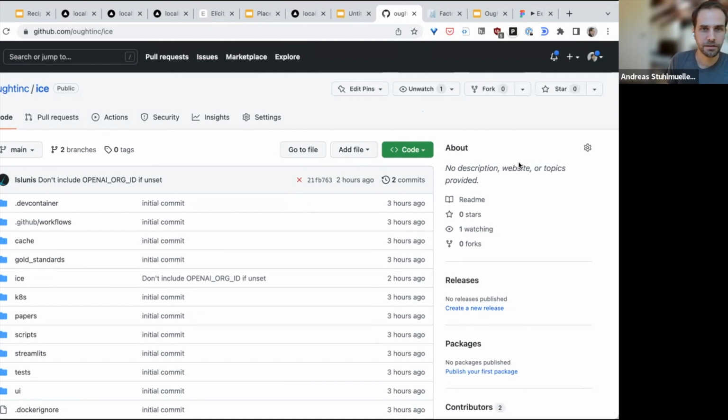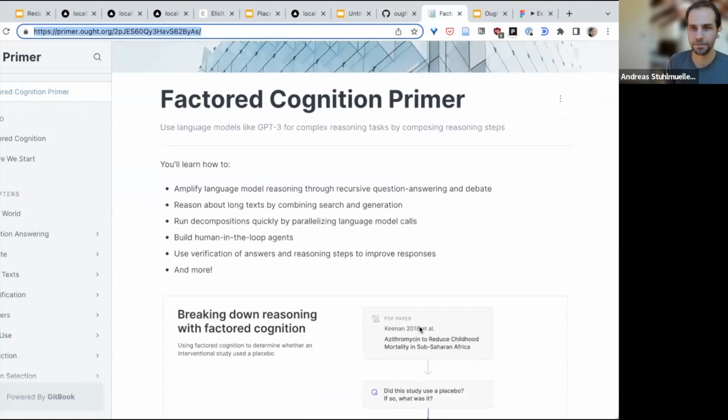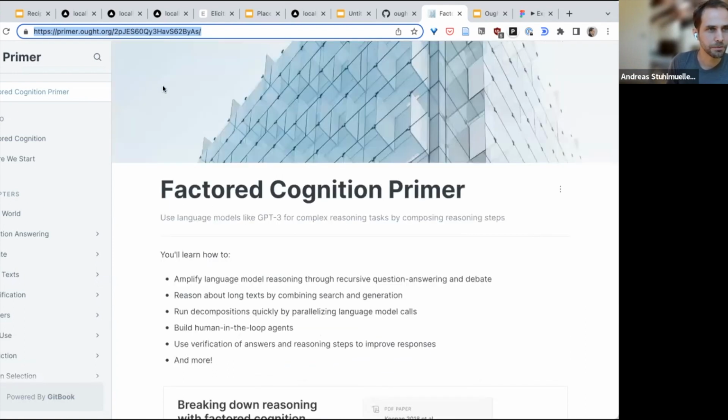And then more specifically, and even more beta, we started writing this tutorial on how to make decompositions. So walking through some of the simple examples I showed earlier, like doing amplification, I guess also debate, which I didn't show, reasoning about long texts, how to make these decompositions fast if you have a bunch of model calls that need to happen in parallel, how to run them with humans as opposed to ML agents, and adding verifiers and stuff like that. So we don't quite want to share this tutorial publicly yet, but we'll paste a link in the Zoom chat,